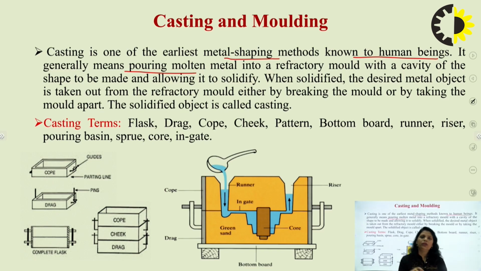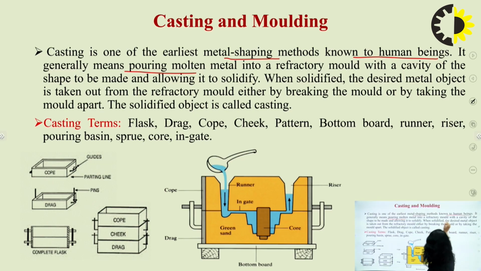Which material? With which we want to cast. So we will heat the material to the molten state. And then this molten material is poured into a cavity, the mold cavity, and this mold cavity is created with the help of the patterns. What is a pattern? A pattern is the replica of the final object or the final product. So we will pour the molten material into this mold cavity, and then we will allow it to solidify. After solidification, it will take the shape of that cavity, and then we will remove our casting. So this is basically the method.